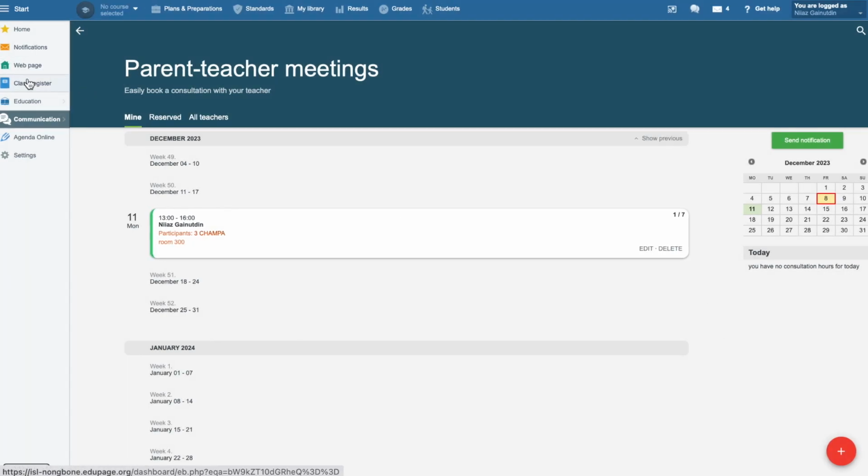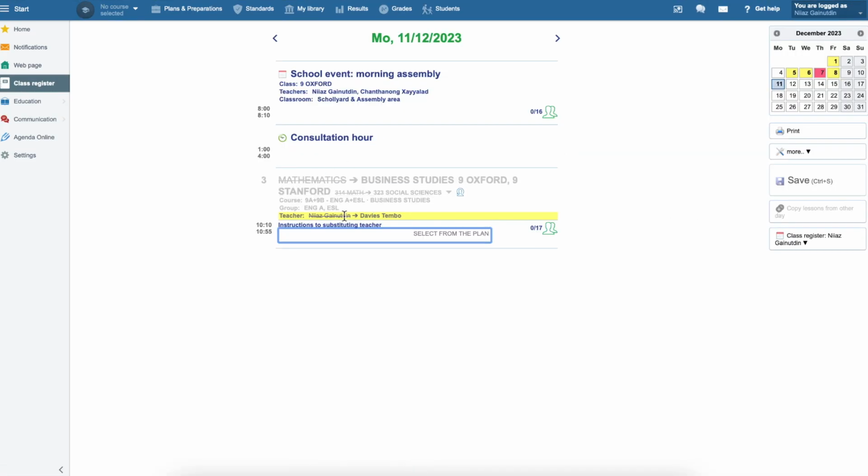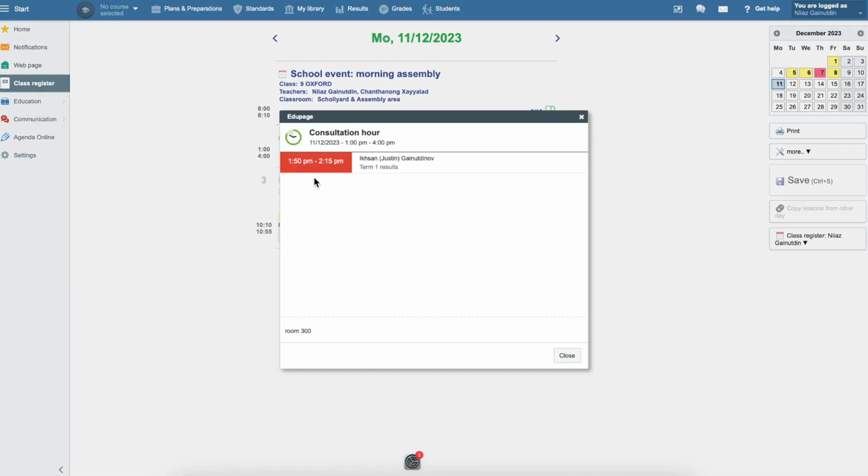If you go now to the class register, we can see here that we have the consultation hour from 1 to 4 for this day. If I click the consultation hour now, I can see also the list of students with the time frame, so that I can manage my time according to